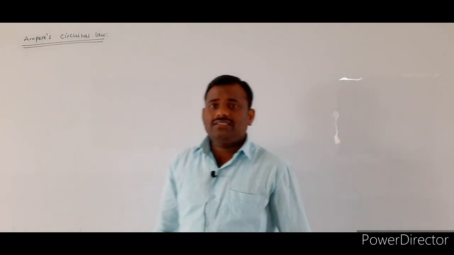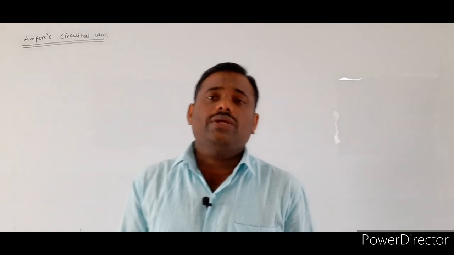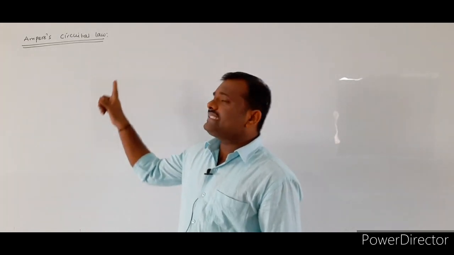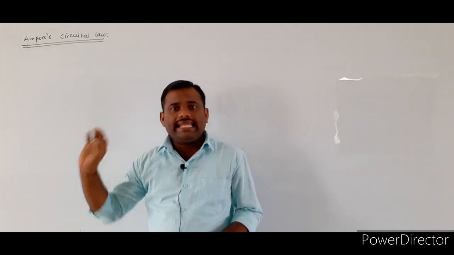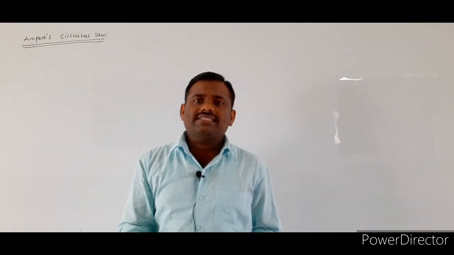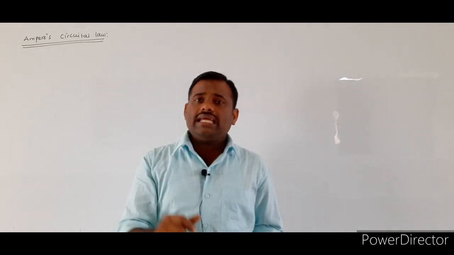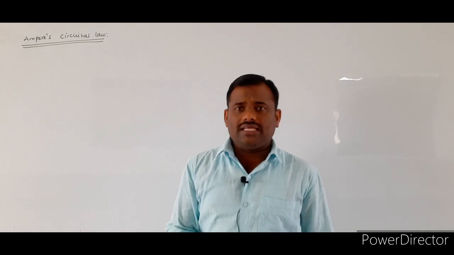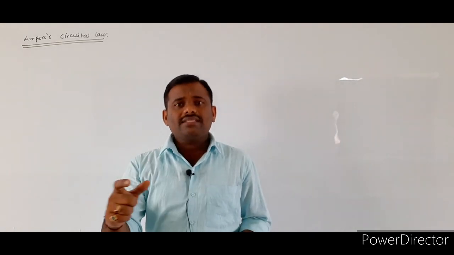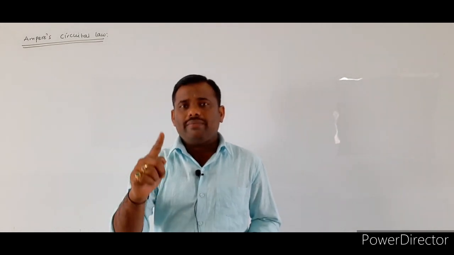And the next topic is Ampere's circuital law. It's a very important topic. So what is Ampere's circuital law and what does it tell? Actually, Ampere's circuital law is derived from the Biot-Savart law. What we studied in the Biot-Savart law is that if you take a straight current carrying conductor or an uneven shaped current carrying conductor, that conductor will produce a magnetic field. So the Biot-Savart law gives the relation between the electrical current as well as the magnetic field.